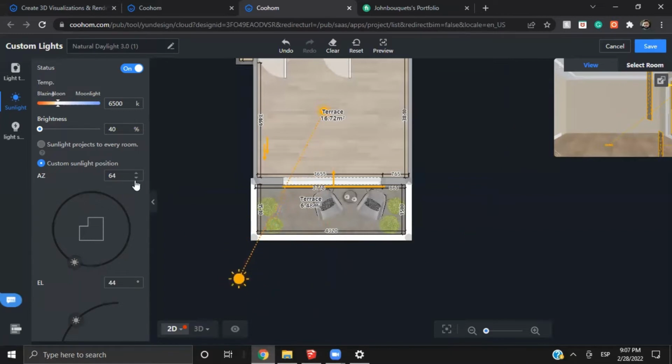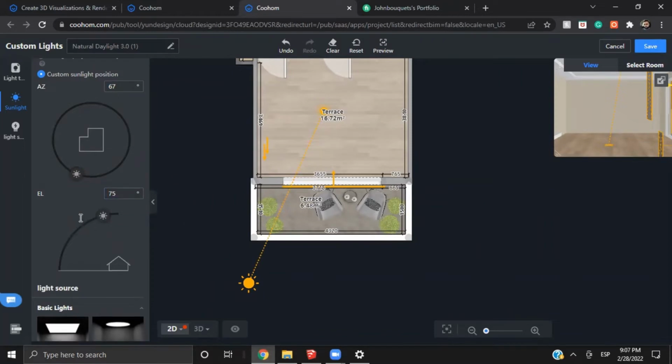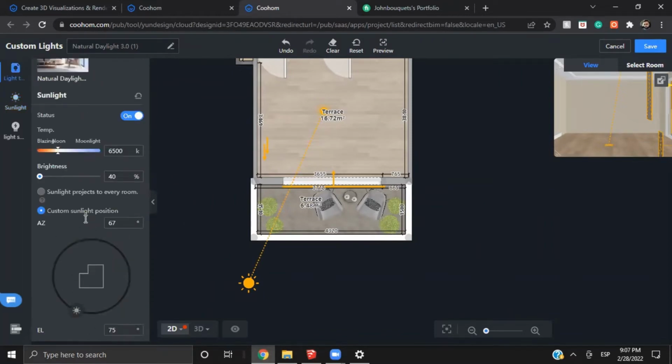it. We set it back at 63. And when you move it, the elevation automatically sets at 44. So let's get to 75 where we were. And one important thing to note is that the sun will not illuminate. It will just create the effect of the sun trespassing the window and leaving the mark in whatever surface it